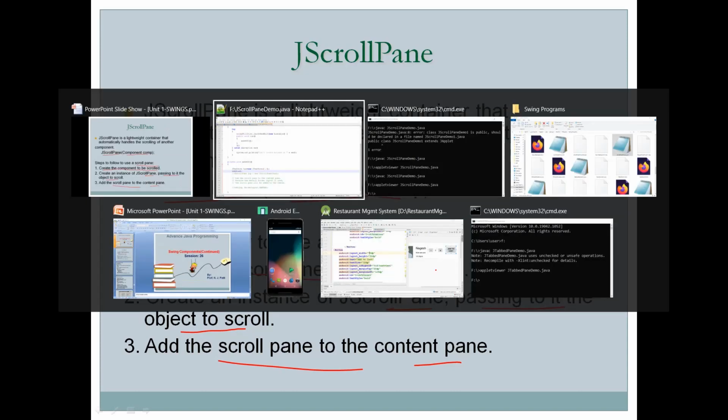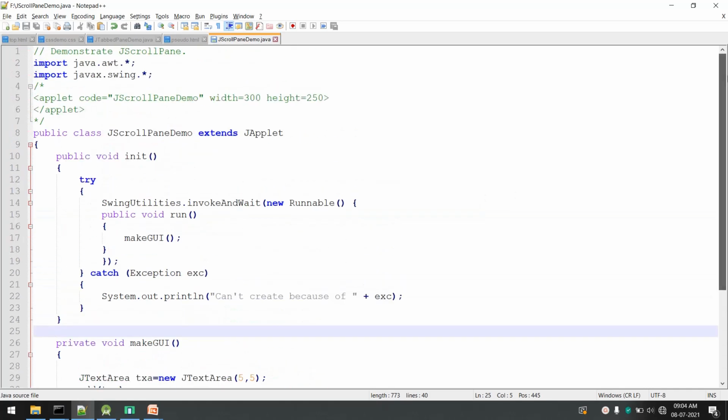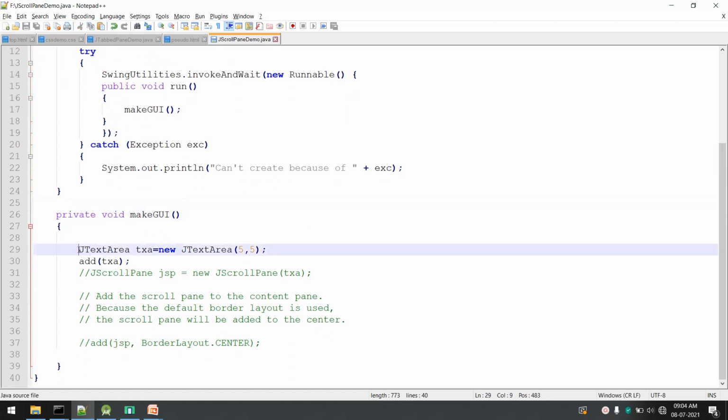Let me open Notepad++. I already have typed the example here. So this is our JApplet, and from inside this JApplet, in the makeGUI, what we are doing is first creating a component called a JTextArea. JTextArea is a component which can be used to add multi-line text.